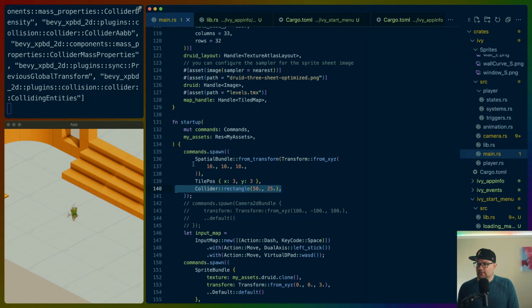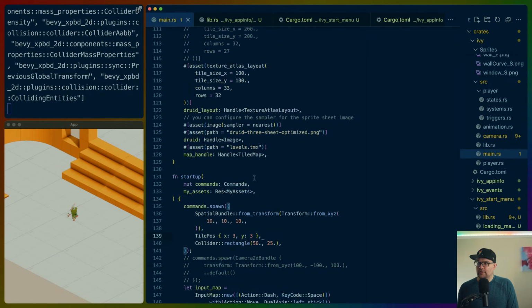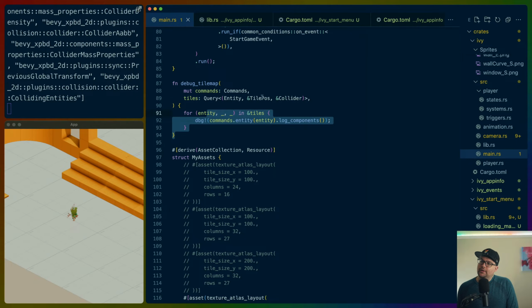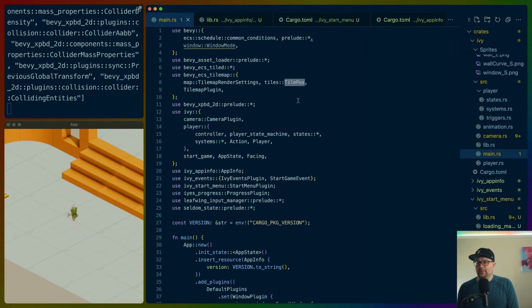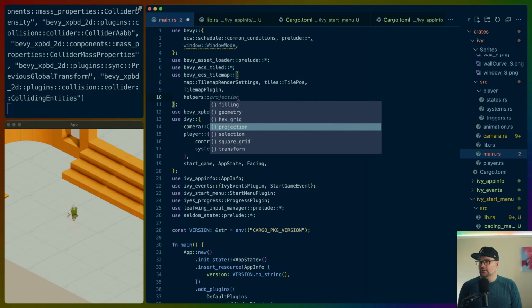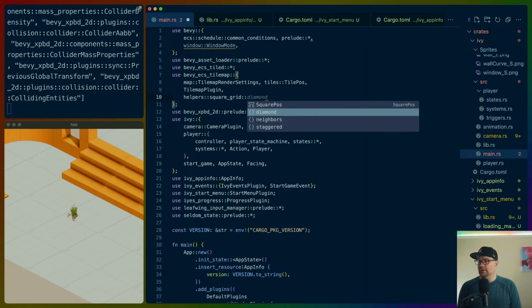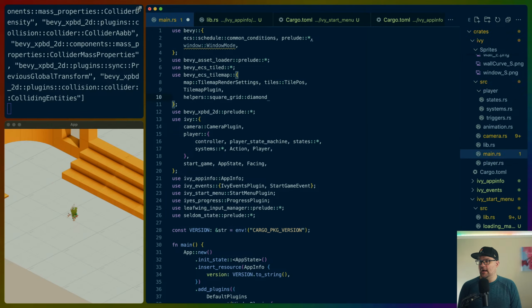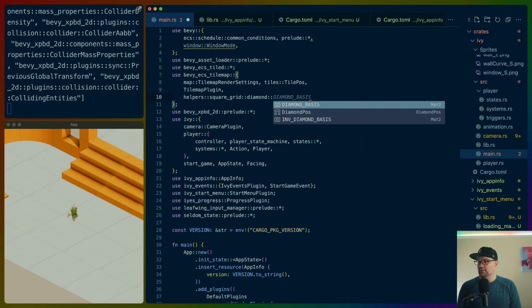So spatial bundle, tile position, collider, rectangle. It's really strange. Bevy ECS Tilemap does have helpers. I wonder if we can grab one of those helpers. And I think square grid, diamond. Yeah, so these are